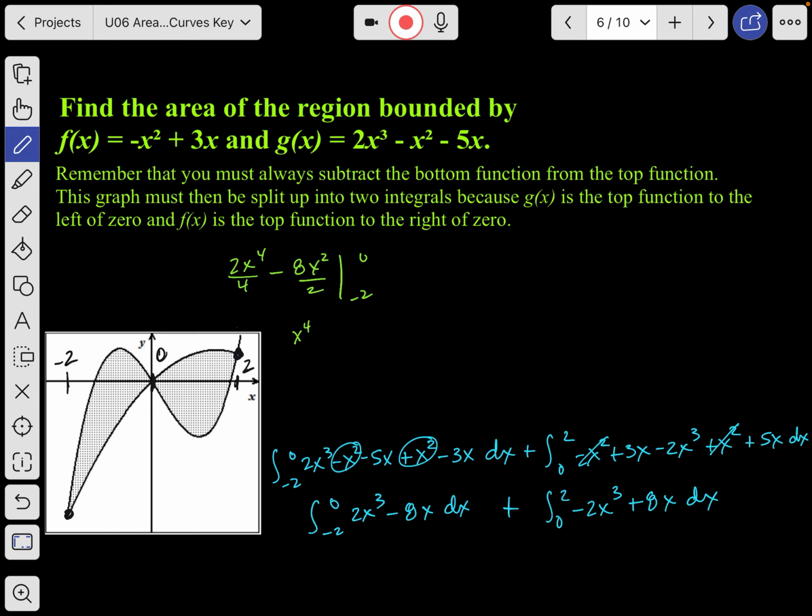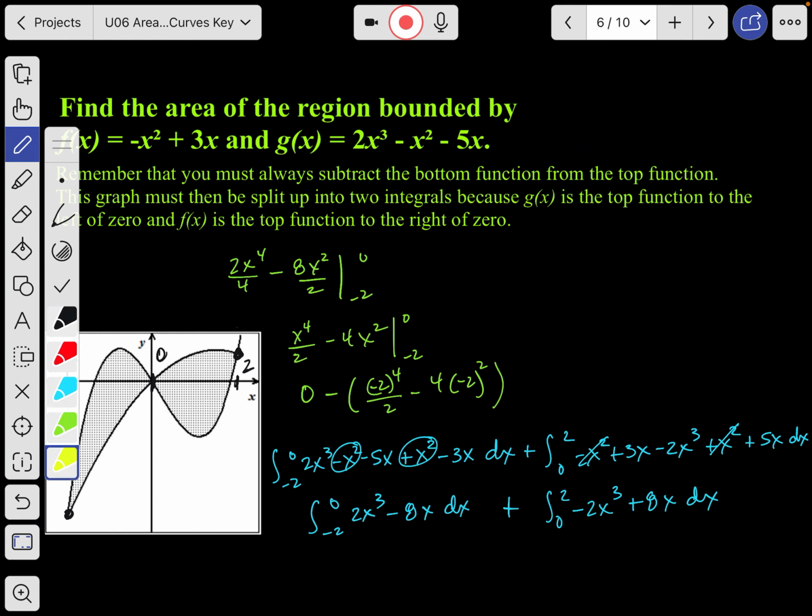So that's going to give me x to the 4 over 2 minus 4x squared, evaluated from -2 to 0. So if I substitute in a 0, that's just going to give me 0. If I substitute in the -2, that'll give me -2 to the 4th over 2 minus 4 times -2 squared. All right, so that's the first one, and I'll clean that up just a bit. Okay, let's take a look at the second